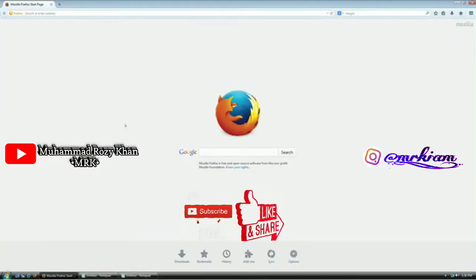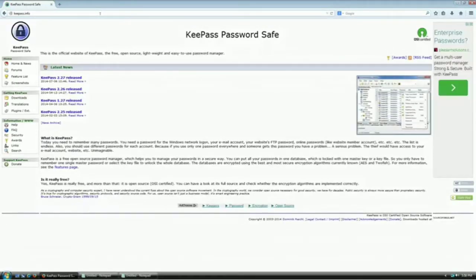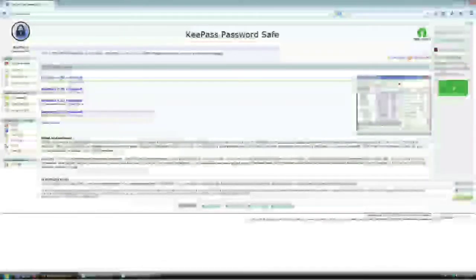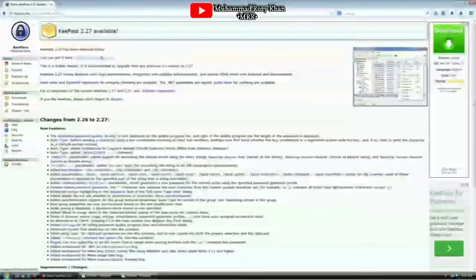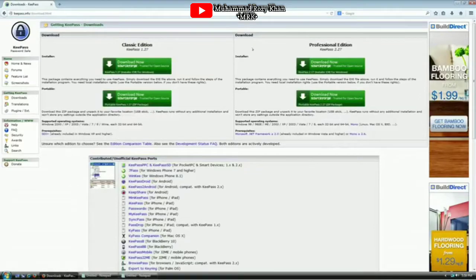Okay, so the first thing you need to do obviously is download the software, and for that what you want to do is go to keepass.info, hit enter, and that's it. So at the time of this recording, the newest version was 2.27, so I'm gonna go ahead and click here to download this version. You can see there is so many beautiful things around here. Just click here, download KeePass 2.27 again, and this is gonna take you to this page where it's telling you,